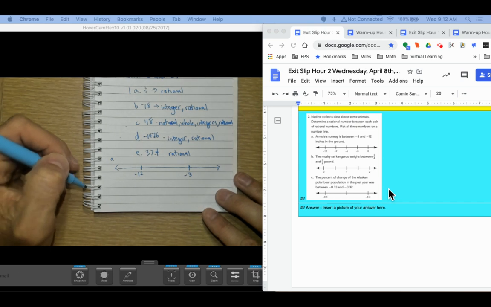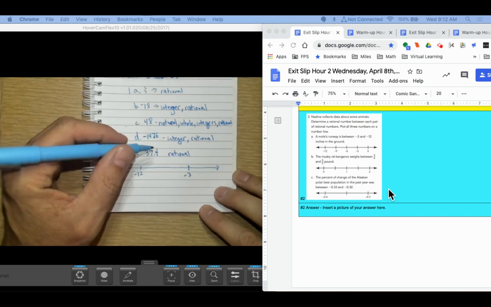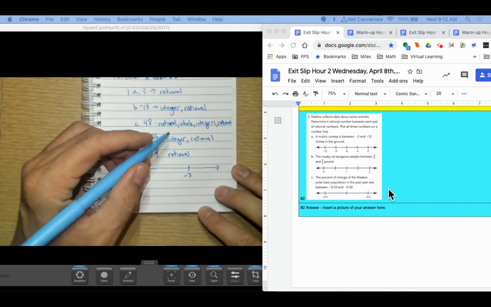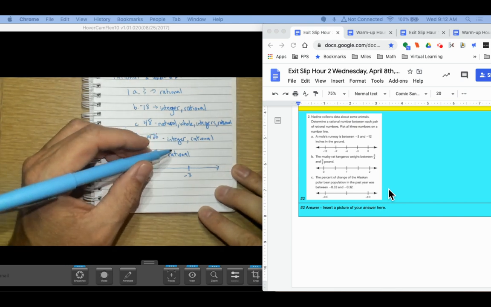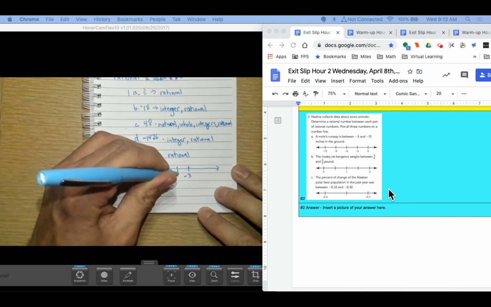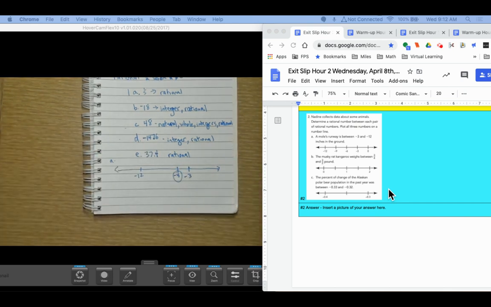Well, I could pick any number I wanted to, but I need to have something in between. And so something in between would be like -4. So -4 would be an acceptable answer, but you could have done anything that fits in between there. It could have a decimal. It could be a fraction as long as it's smaller than -3 and bigger than -12.